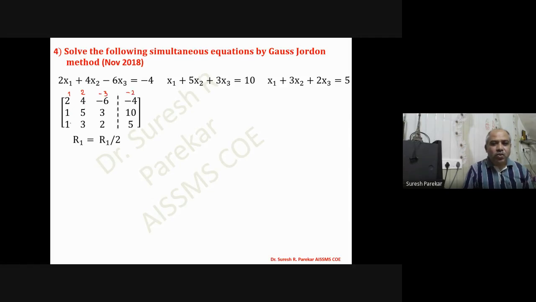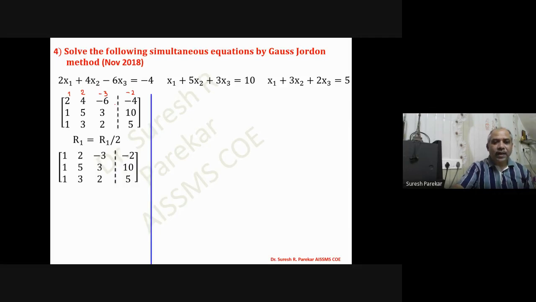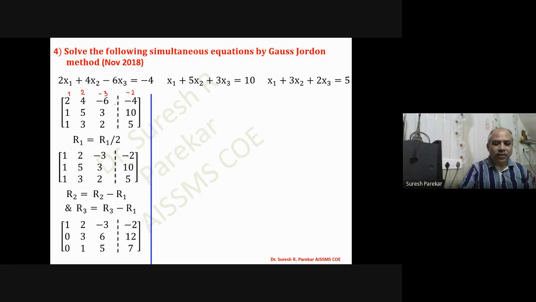I can make these 2 into 0 very easily by R2 minus R1 and R3 minus R1. So these two become 0. And therefore, I have kept this as it is and divided by 2 gives me 1, 2, minus 3, and it becomes easy for me. So we have R2 minus R1, R3 minus R1. So these two are 0. And now similarly R2 equals R2 by 3, because we have all the terms in row number 2 as multiples of 3.